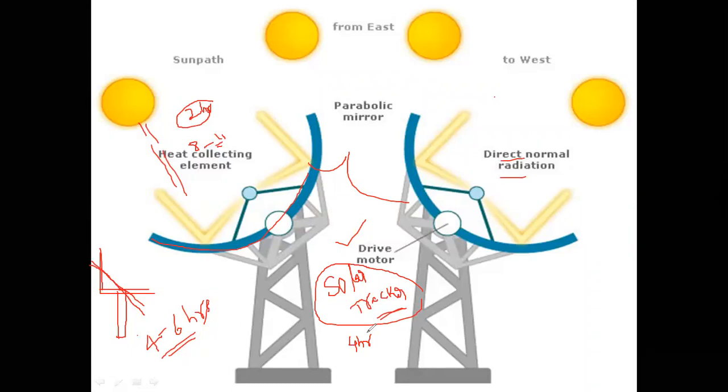But here one more drawback is that generally in the flat plate collector there is a rotating mechanism. With the help of the solar tracker, we are using a small induction motor. This rotating mechanism is there. Due to that, the maintenance cost increases and a number of problems arise.